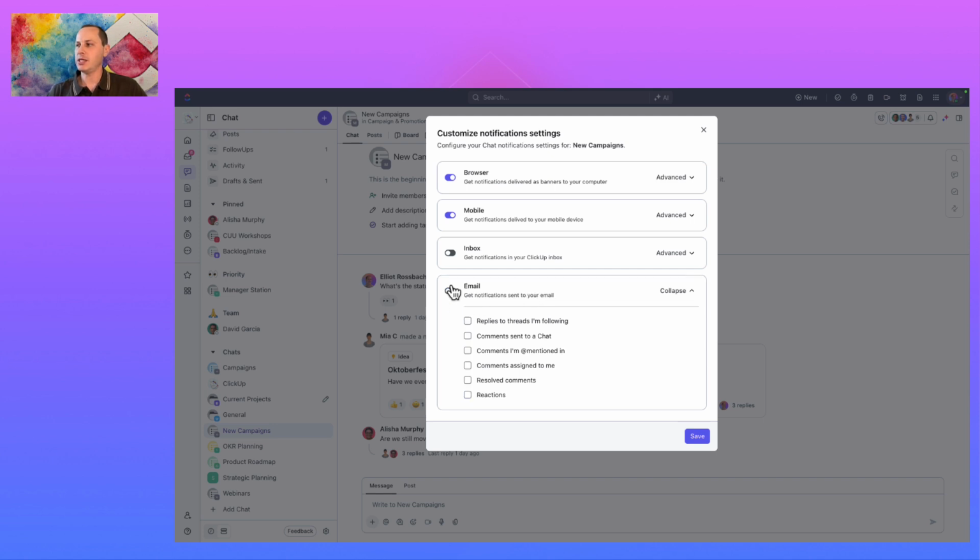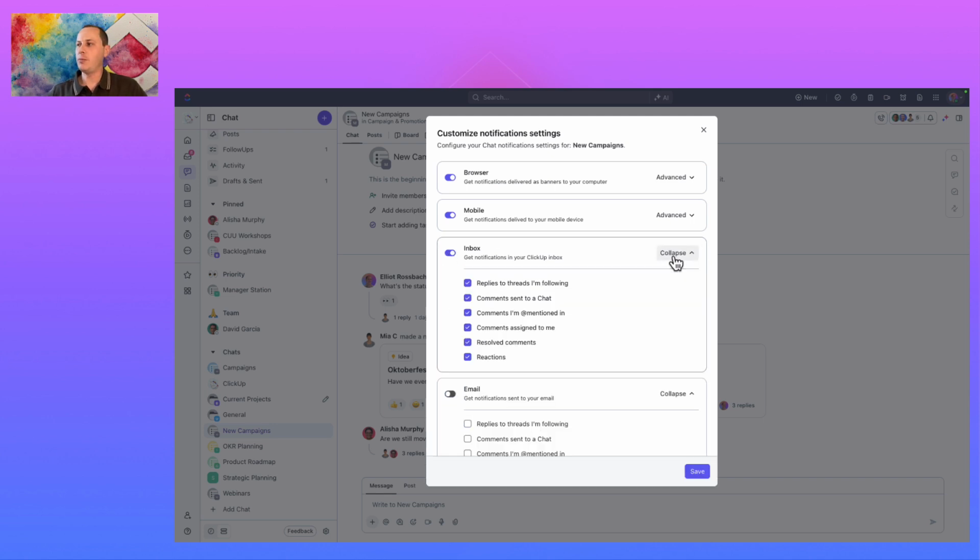Alternatively, you also have the ability to turn on your inbox. You can then open up the advanced settings here and choose which types of notifications will trigger the chat to be sent to your inbox so that you can check it there. So again, you have tons of customizability and control over how your chats notify you